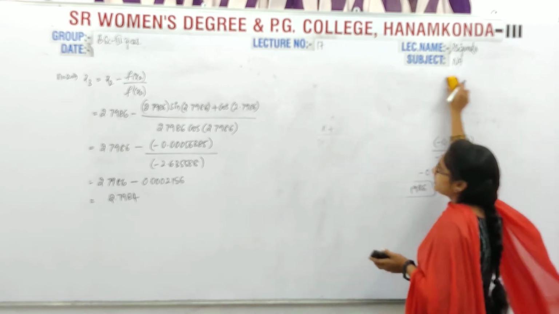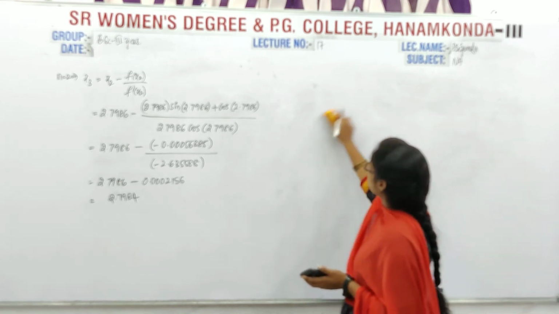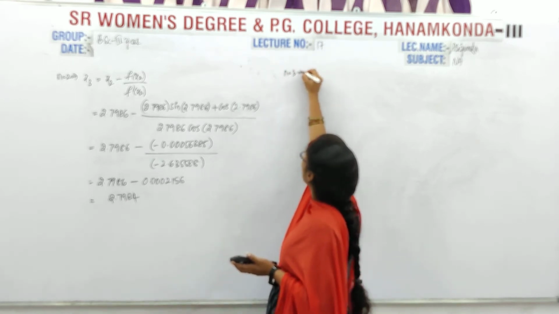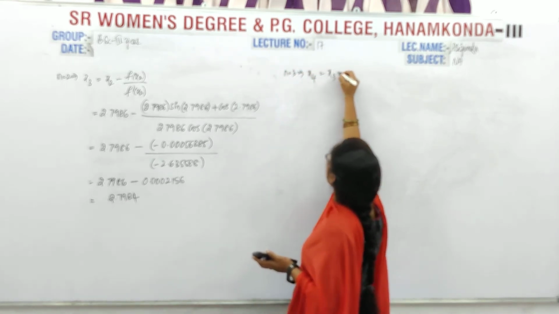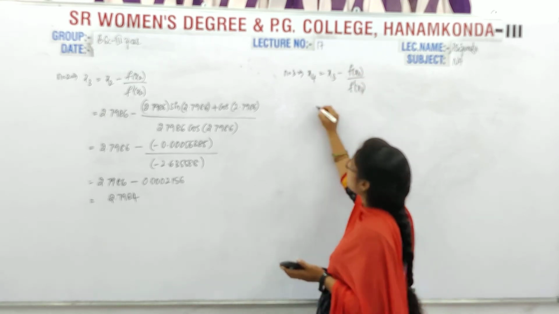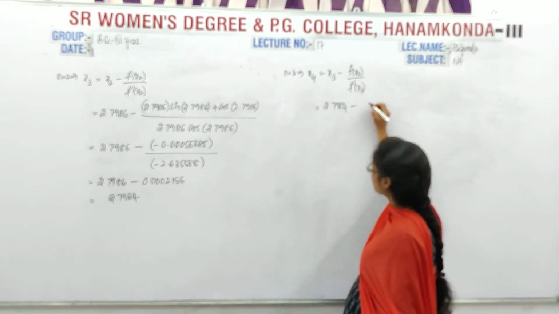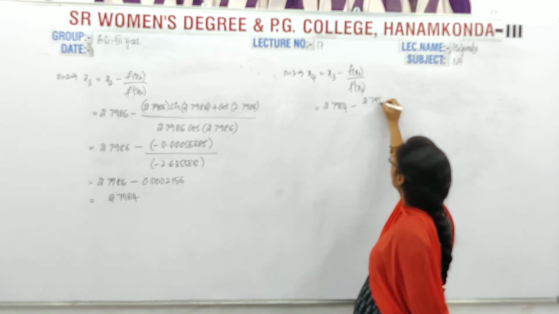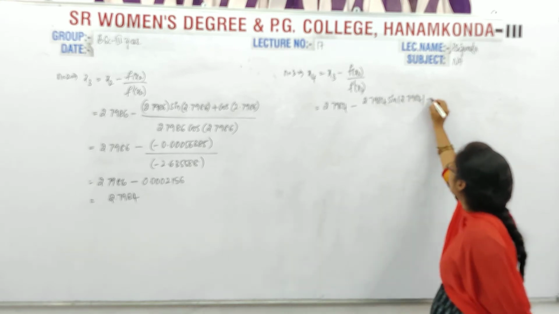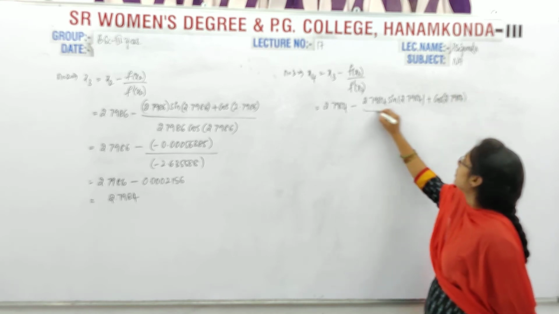Now calculate for the next iteration. Which iteration is it? It is the fourth iteration. Iteration number 4. Now for n equal to 3, x4 equals x3 minus f of x3 by f dash of x3. Now what will be the x3 value? 2.7984 minus 2.7984 sine of 2.7984 plus cos of 2.7984 by